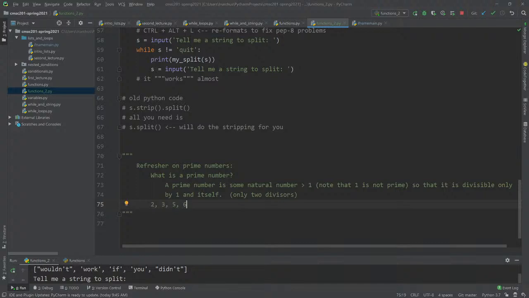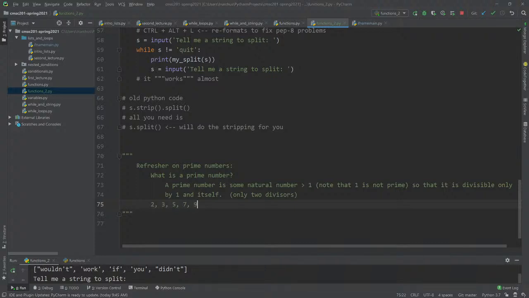How about 6? 6 is not prime because 6 divided by 2 is equal to 3. 6 divided by 3 is equal to 2. I was about to say something like 2 divided by 3 is equal to 6. That's what happens when you just get into a rhythm of saying words. So 6 isn't prime, and we know that because when we scan through 1, 2, 3, 4, 5, we find that some of them divide evenly. 7 is prime. 8 is not prime because 2 divides it, 4 divides it.